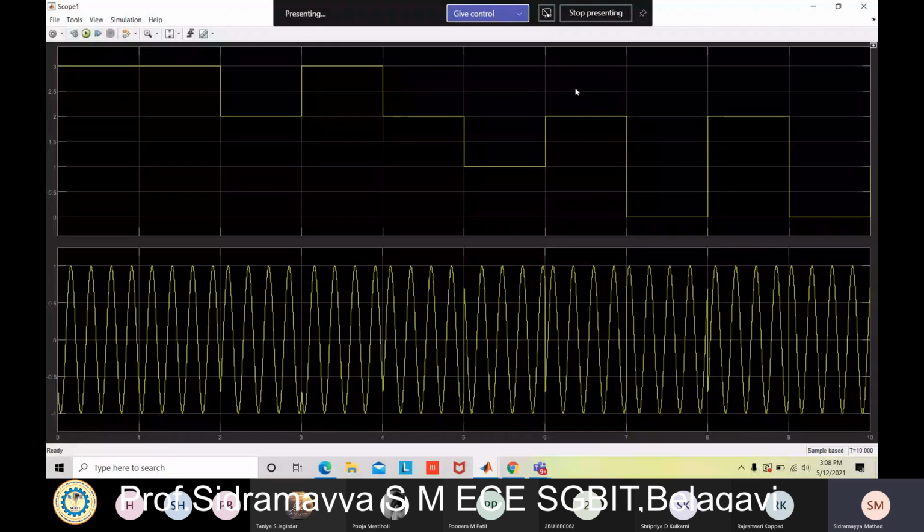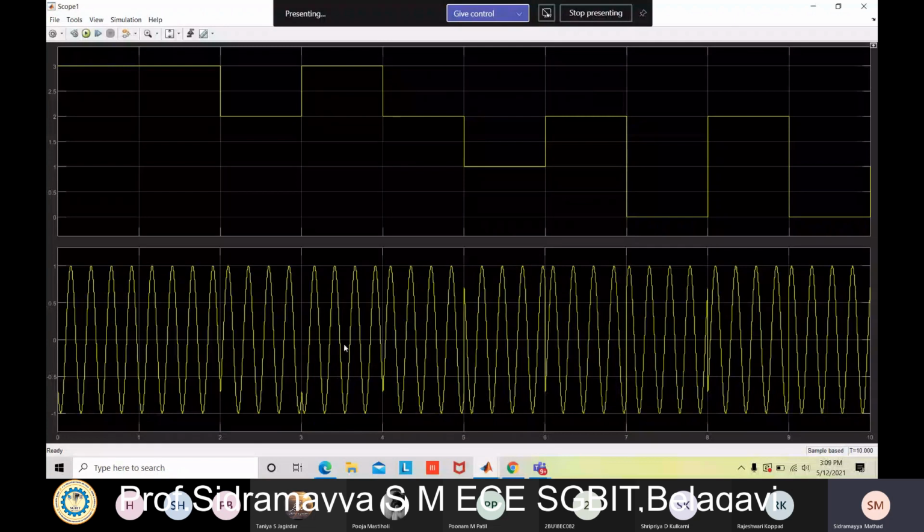Look at the first one is input and the second one is modulated output. Here there is a 90-degree phase shift. There is a change in the phase. Look very carefully here. These are the QPSK modulated waveform. The above one is input, that is the random integer, and the below one is the QPSK modulated.